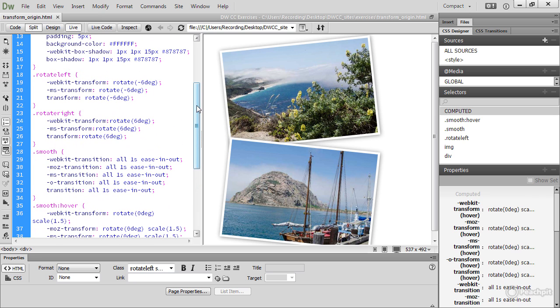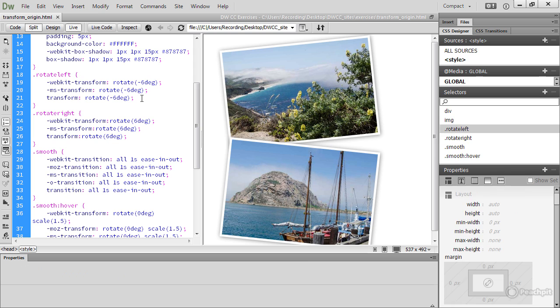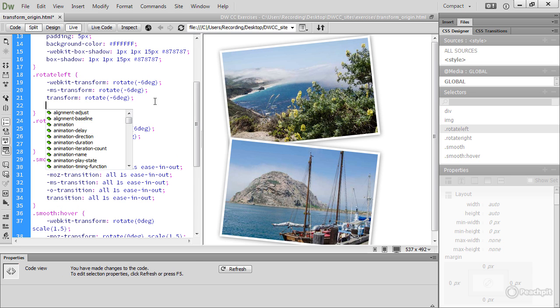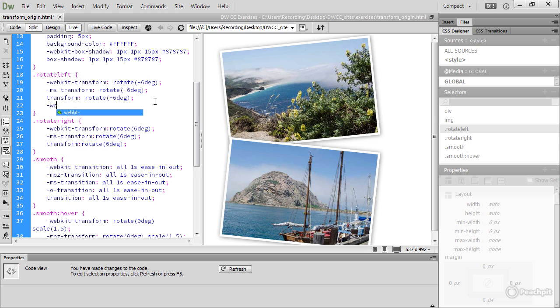I've got rotate left for the one at the top and rotate right for the one at the bottom. These are two classes. So I'm going to click at the end of the rotate left class, insert a new line. I get some code hints, type a hyphen and then WebKit, select that, and it's transform origin that we want. And this takes two values. The first one is the horizontal value and the second one is the vertical one. We want to make the transform origin on the left hand side, so select left, then a space and at the top